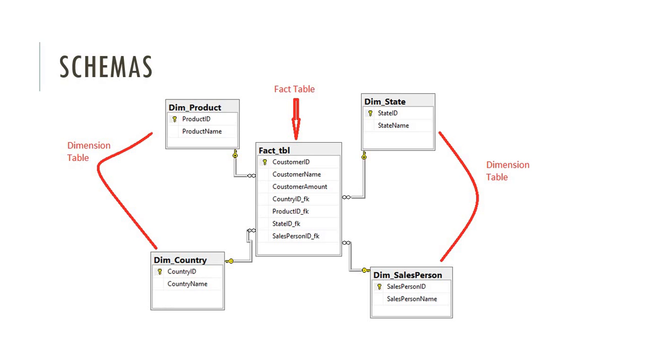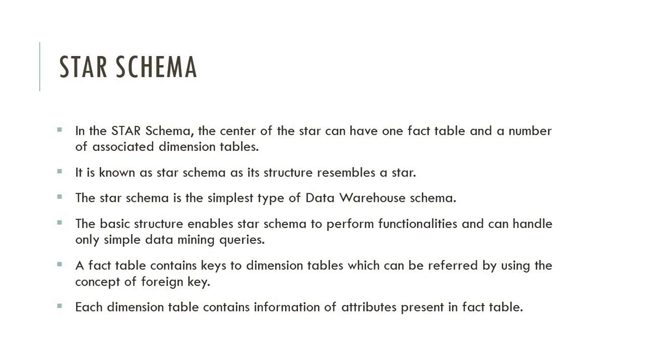Now let's understand the first schema, which is the star schema. Star schema is the simplest database designing technique in the OLAP system. In the star schema, the center of the star has one fact table and a number of associated dimension tables. It is known as a star schema as its structure resembles a star, because there is one fact table